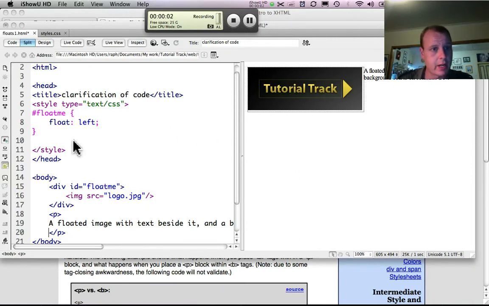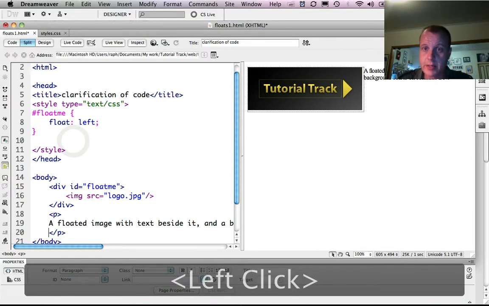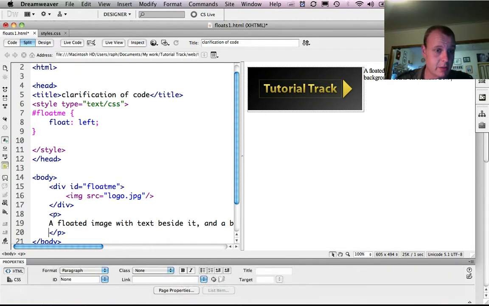Okay, so floats are a fantastic way to lay out items on your website, but they do come with a few little quirks that you need to be aware of, and I just want to go over one now. So I've floated this logo to the left and put some text beside it. And for argument's sake, what we're going to want to do in this case is to sit a containing div